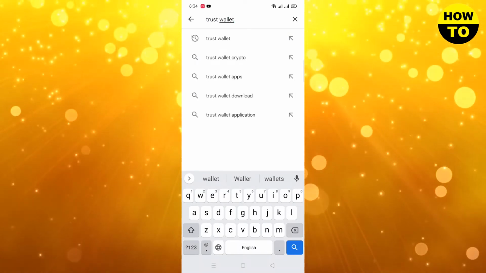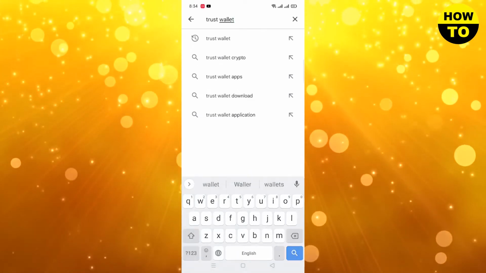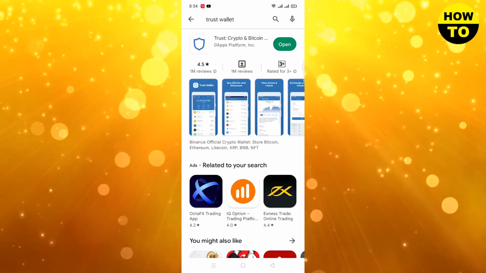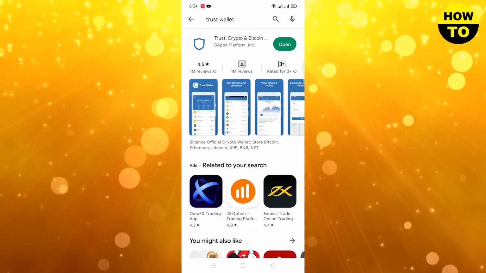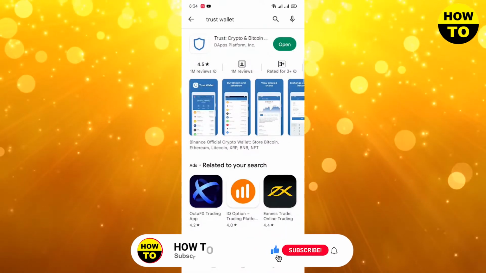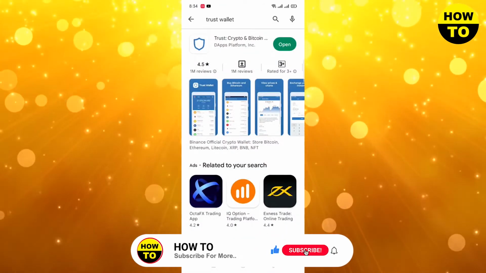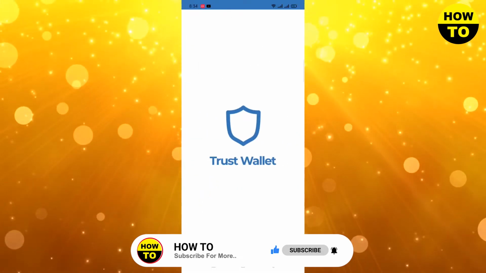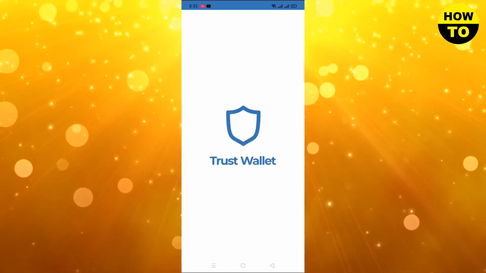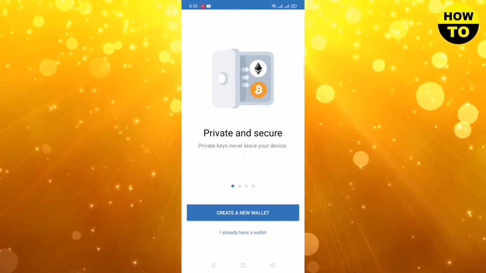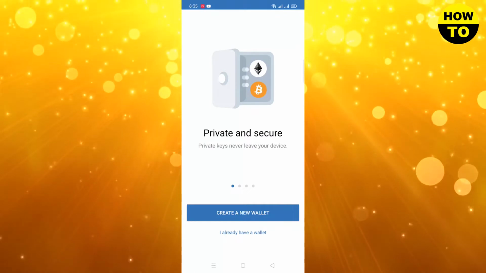So when you click on the search button, first you will see the Trust Wallet application appear automatically. Simply, what you need to do is install this application, and just after that, when you open it, you can see here, if you already have an account, simply click